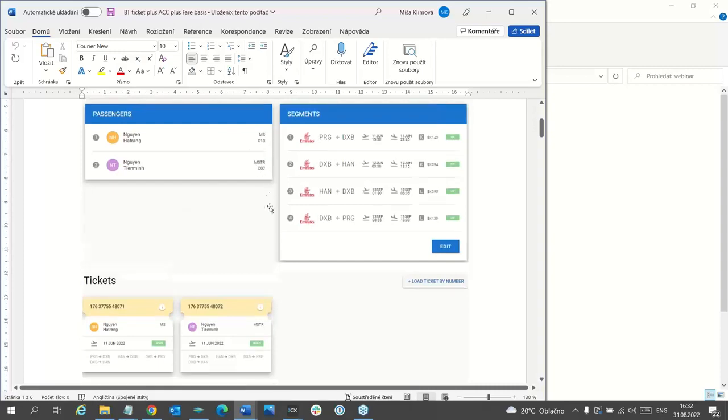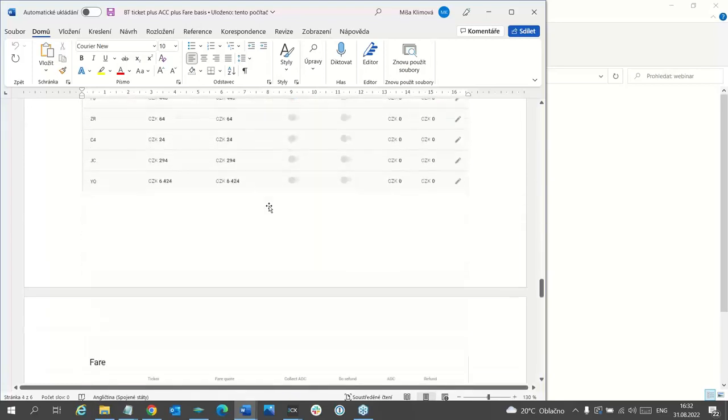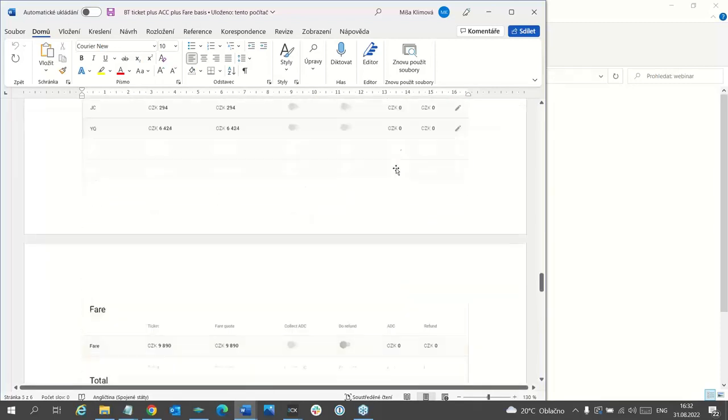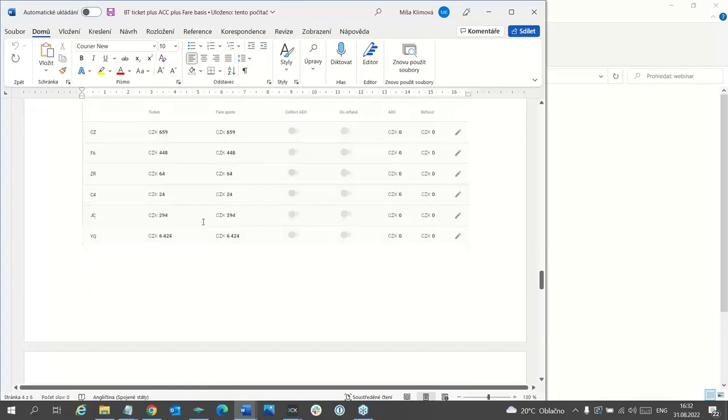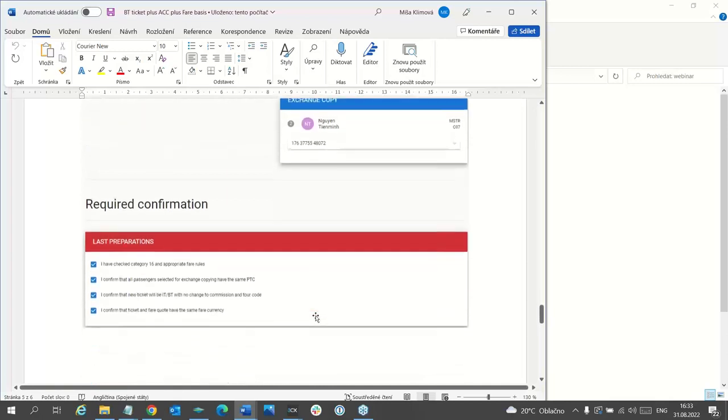You can see the passenger type code here, and at the end, because we have done the mask for the first passenger, after the comparison table, where the form of payment option is here, but because it is without any additional collection, this form of payment option is not here, but the copy option is here. So this is the second child. You have to click here and show his ticket, and you can continue.